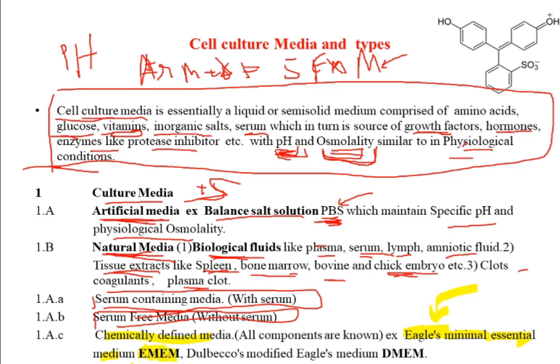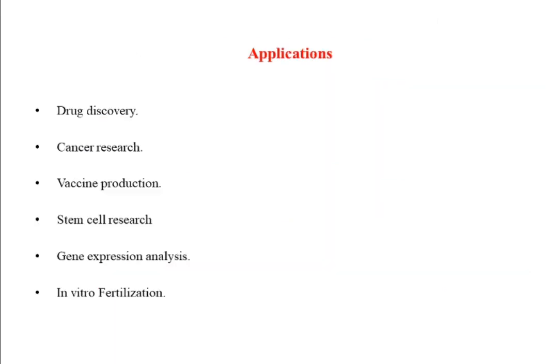So what is the minimum requirement? What is the basic requirement of a cell? That basic requirement is fulfilled in EMEM. Then we have DMEM. It is further modified. Dulbecco's modified Eagle's media, which is having a higher concentration of amino acid as compared to EMEM. So it supports growth efficiently. So all these different medias that are designed in the course of time, the only objective is which media supports which cell growth effectively. On the basis of that, we have classified it, and in the course of time we have modified it so that the appropriate growth will be carried out. So that is the media.